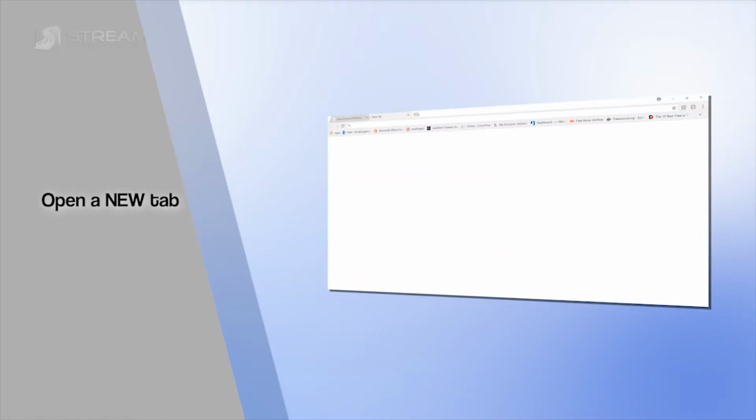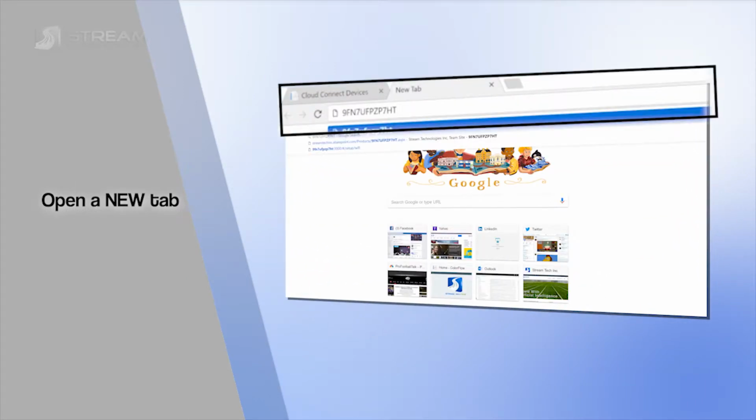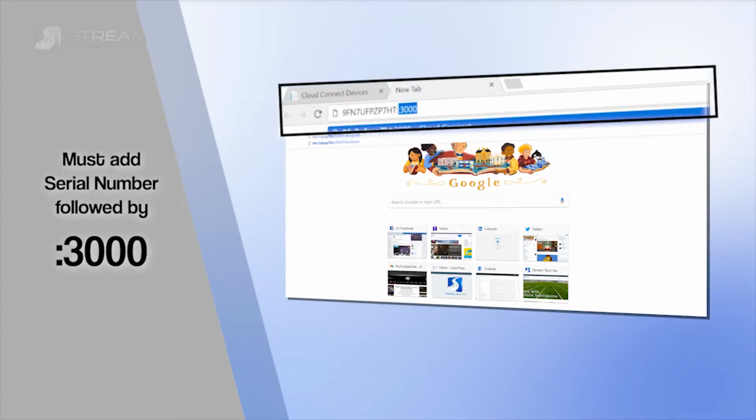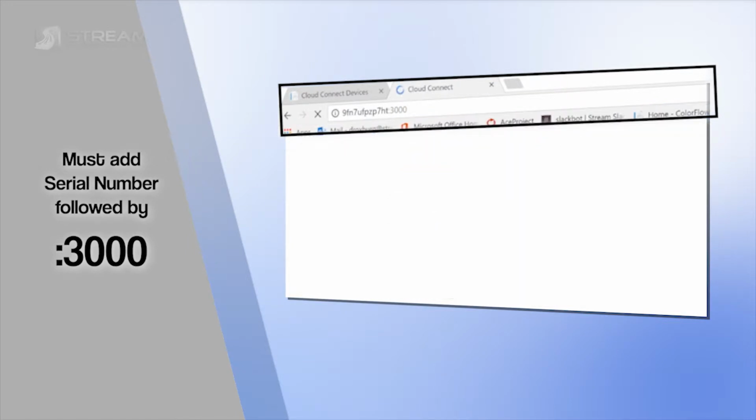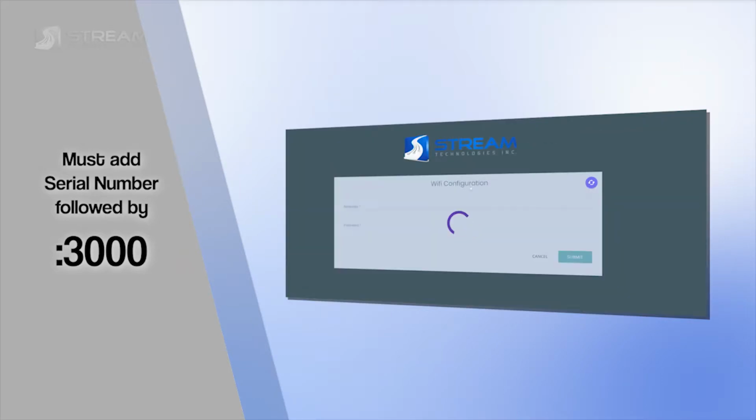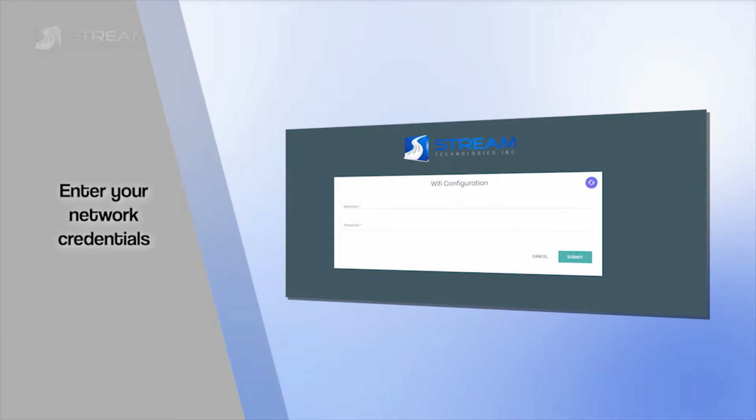And now you'll want to open up a new tab and enter the serial number, :3000. So enter your serial number, :3000, and that's going to redirect you to the Wi-Fi configuration screen. Once we're on the Wi-Fi configuration tab, you are going to find your network. You can scroll through the list, or you can actually filter by typing. Once you find your network, you'll select it, enter the credentials,